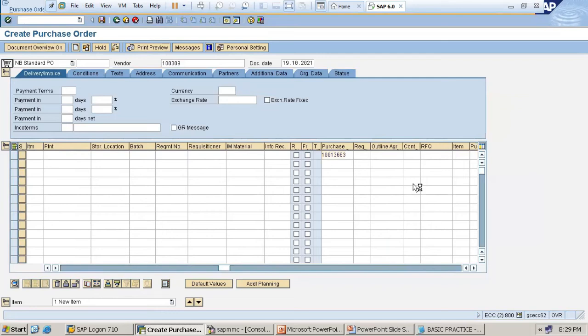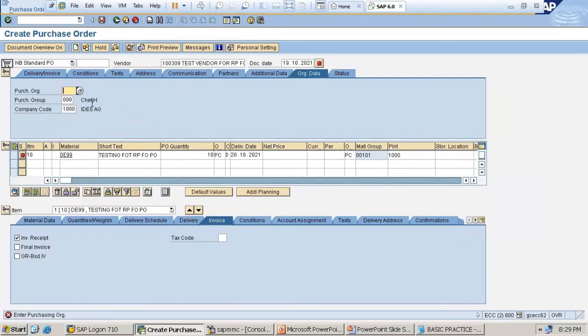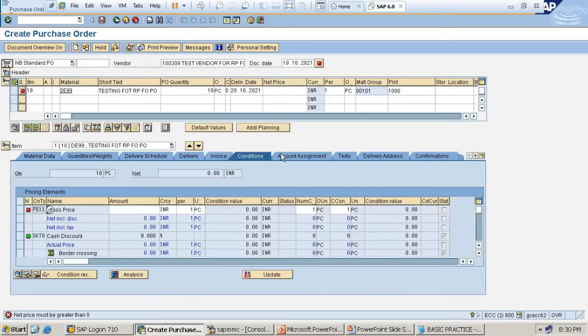Enter. Enter the purchase organization, 1000. Enter. Net price, so I can take 9 rupees. Enter.